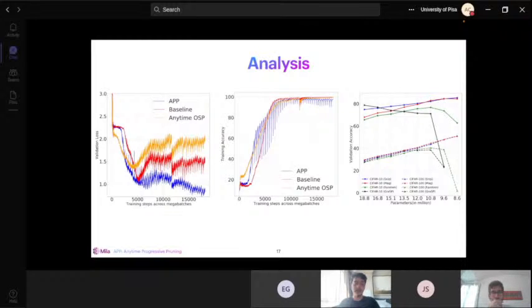And as I said in our design, we by default use SNIP, which is a pruning at initialization method, but we do try other pruning methods like magnitude pruning, random pruning, and GraSP. As you can see in the absolute rightmost plot, when we go from left to right on the x-axis, the parameter complexity is decreasing, which is basically denoting the number of mega batches. And you can see for both CIFAR 10 and CIFAR 100, magnitude pruning and SNIP perform consistently better as compared to random pruning and GraSP.